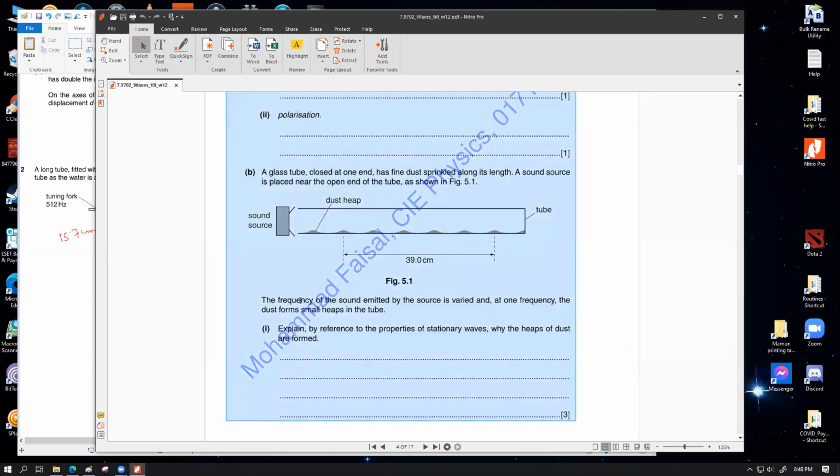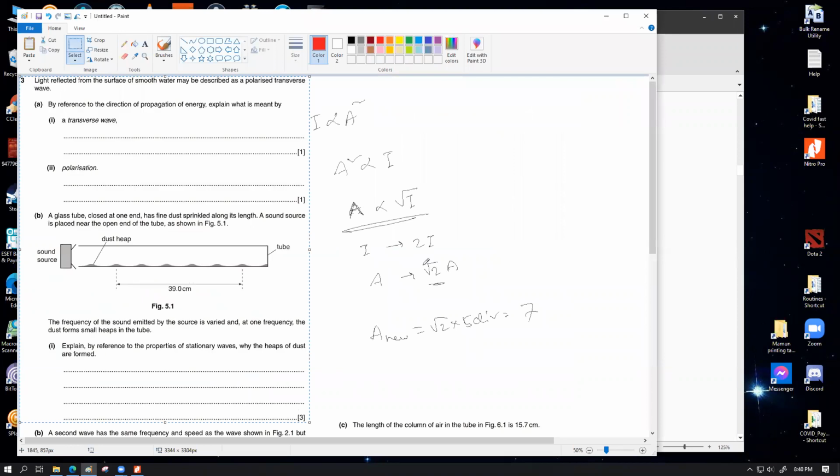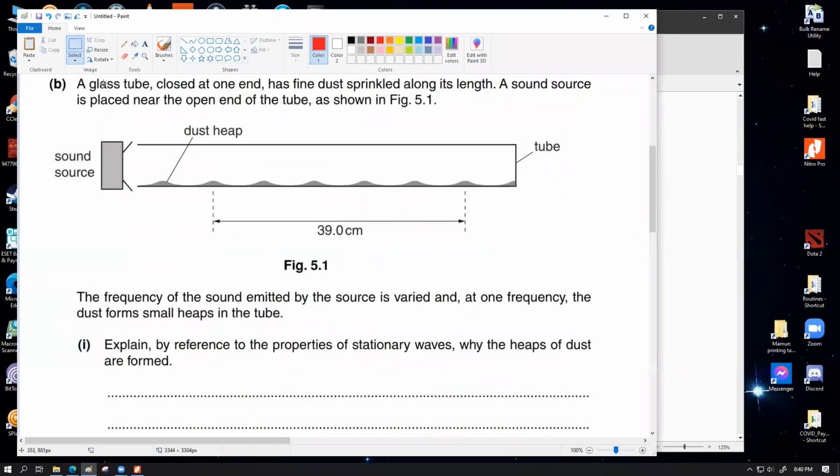To give you a better visualization of what is happening, I can try to draw the possible shape of nodes and antinodes within this tube. The way it works for this tube is that above each of these clean points where we don't have any dust, we'll have one antinode. Above each of these heaps, we should have one node. Because within this part, the air particles are vibrating really fast and they are sweeping,